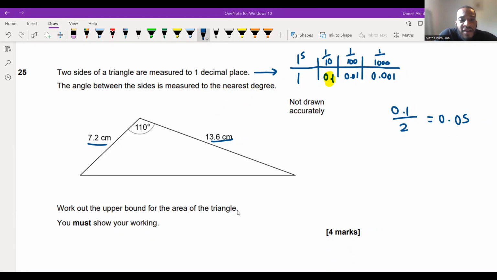Thank you very much, Andreas. I think that's how you pronounce your name. It's half AB sine C. So what you want to do is use the formula half AB sine C and figure out what the bounds are. So the area is a half AB sine C.